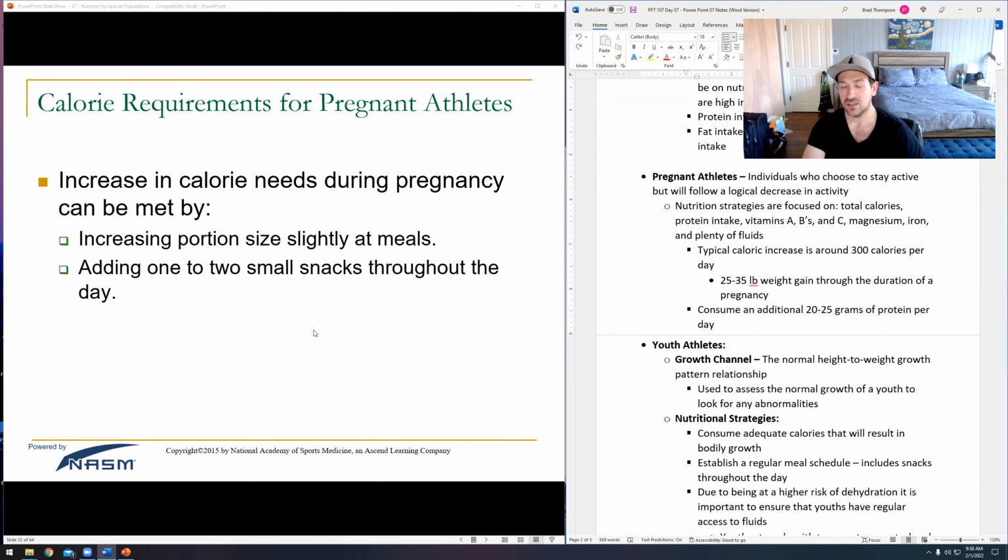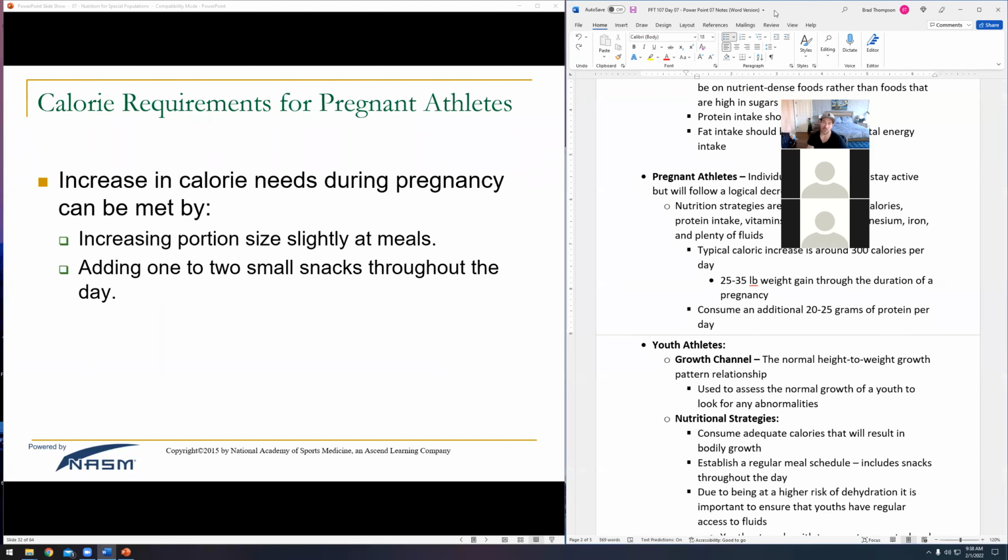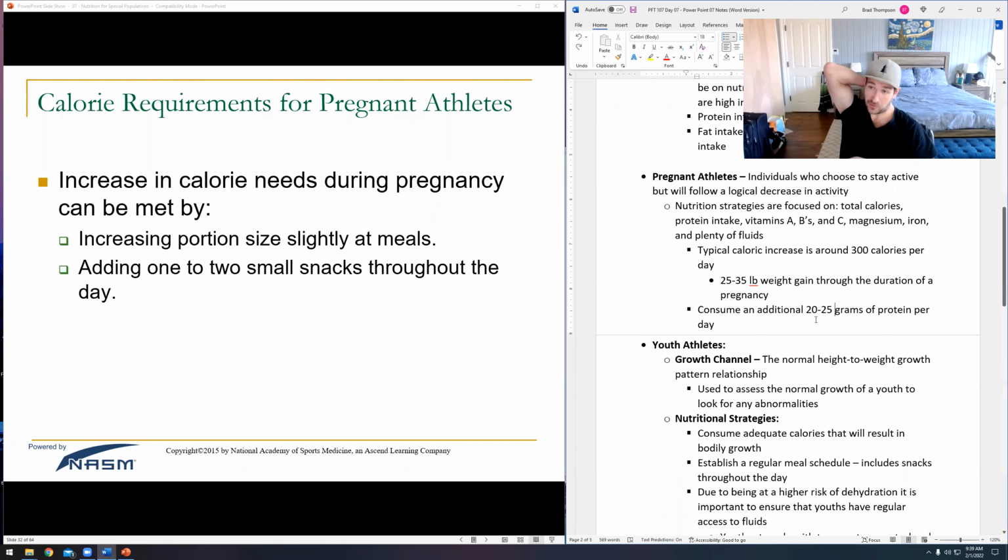So ideally, they're going to get a little bit of extra protein, usually about 20 to 25 grams extra beyond what they would normally eat per day. So again, we go back to our protein recommendations, right? We recommend, if it's a strength athlete, now obviously a pregnant athlete is probably not participating in strength training. They're not trying to improve their 1 rep max during this time. They're just trying to maintain athleticism, maintain health, right? So if you increase their protein intake by about 20-25 grams, it'll probably put them about 1 gram per pound. And that's going to be a really good spot to be in.